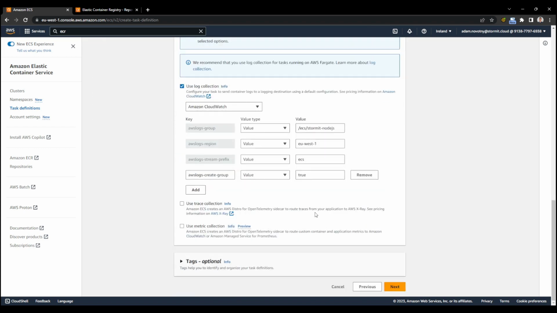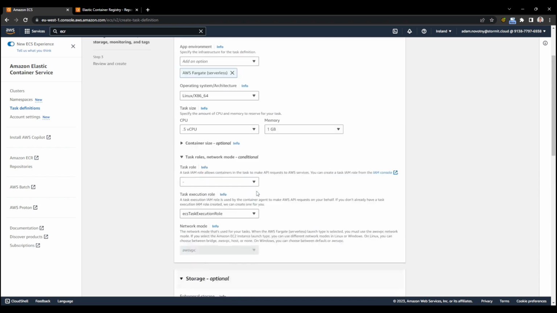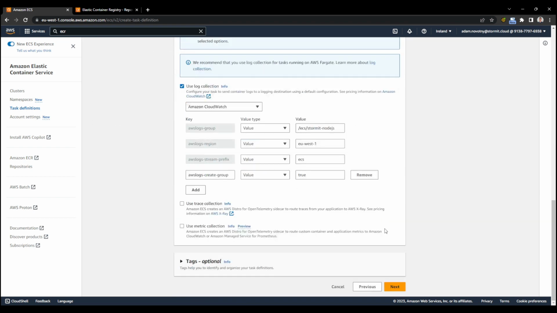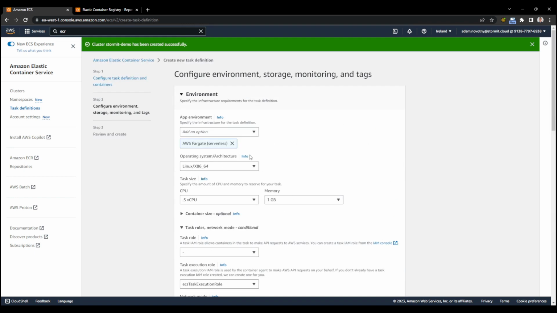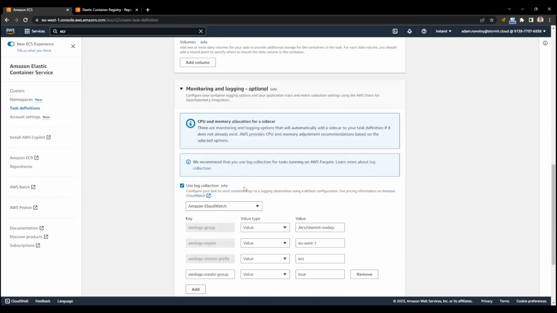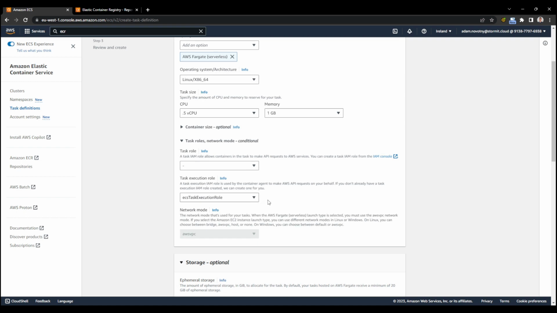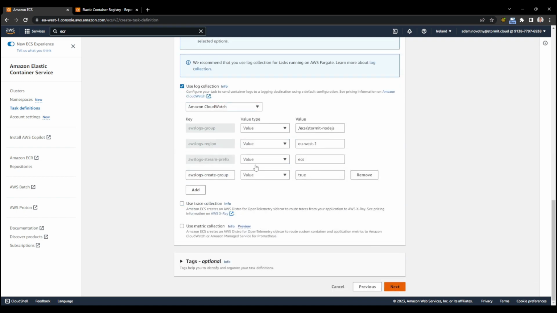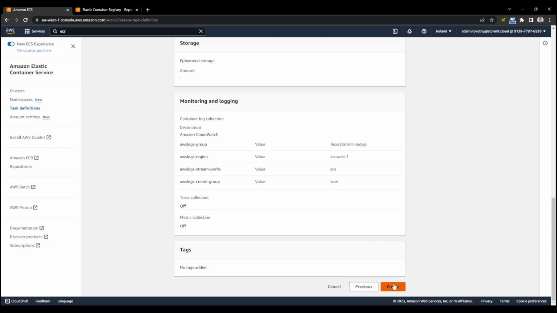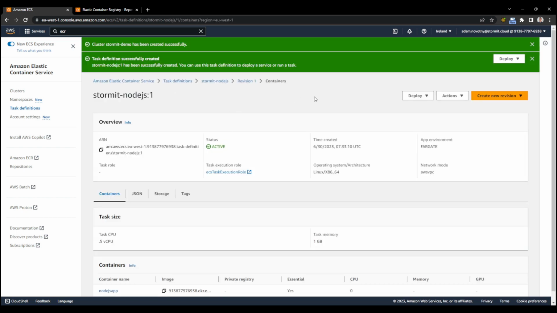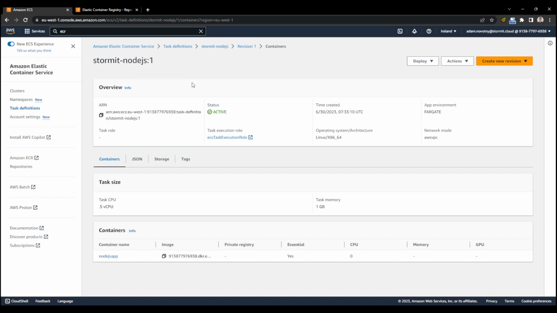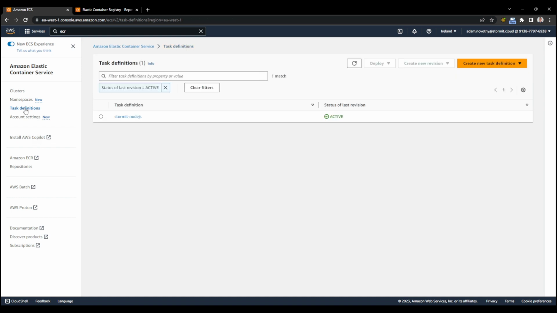Because as you can see, auto-scaling and load balancing are created and changed in the service or tasks in the clusters. So I just wanted to go through everything here, so you see that you will not change it anywhere here. So I will click on next, and yeah, we will confirm it and create a new task, which should be created like now. So yeah, as you can see, it's active, and I can go back to my cluster,